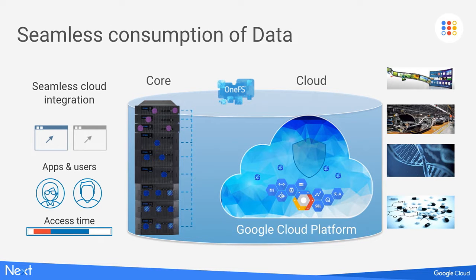What that gives customers is essentially a seamless experience, right? Whether the data is on-prem, whether the data is on a different tier of storage within the cluster, or whether the data gets tiered off to a Google Cloud Storage target, you get the same experience from a cluster perspective. You have the same security credentials, you have the same enterprise features. It's largely agnostic and it's largely transparent to the customer